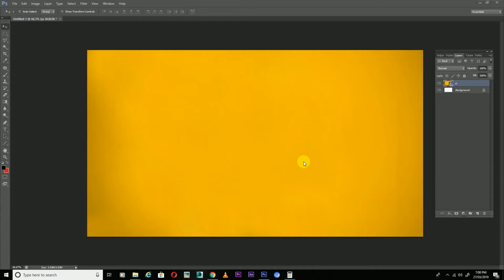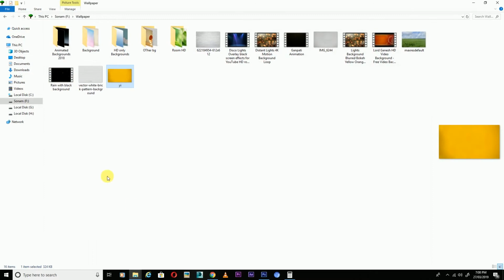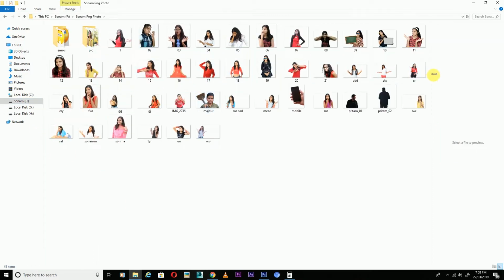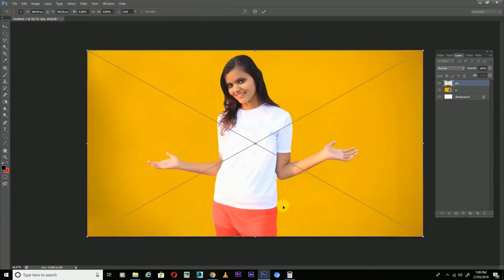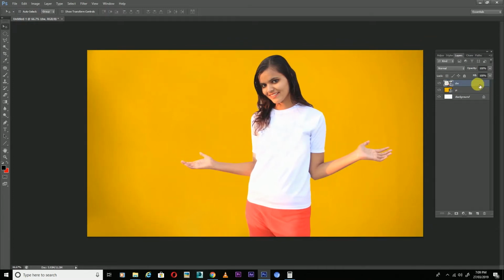So guys, first of all import your photo. So I import my photo. So guys, this is my all PNG photo. You can delete background from your Photoshop. So I have already deleted. So this is a PNG format. So I'm just importing. Okay, and after this guys, just press the enter button, and after this guys, right click